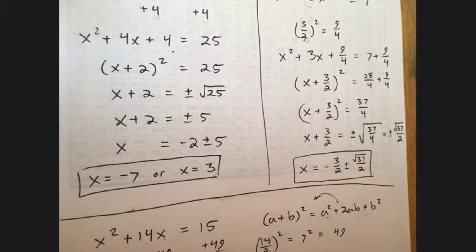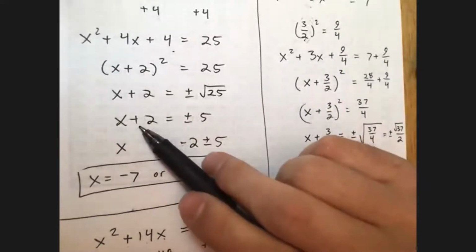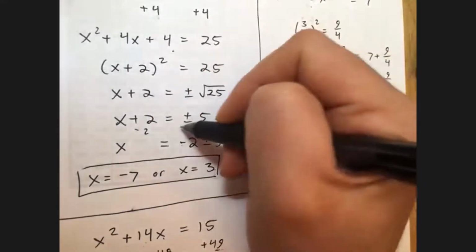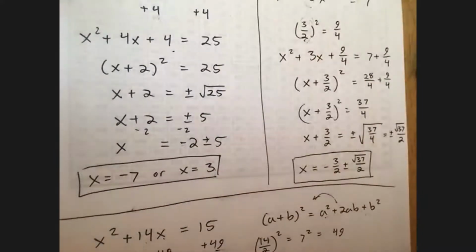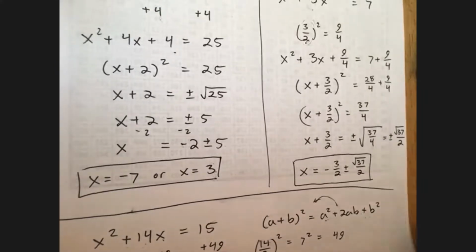I'm not hearing back. If you were, I subtracted 2 from both sides here because I wanted to get x equals. Okay. Let's see. Let's try another one. Okay. We'll do,